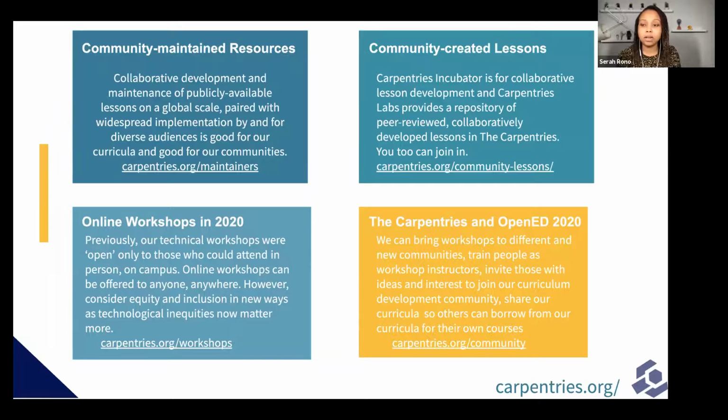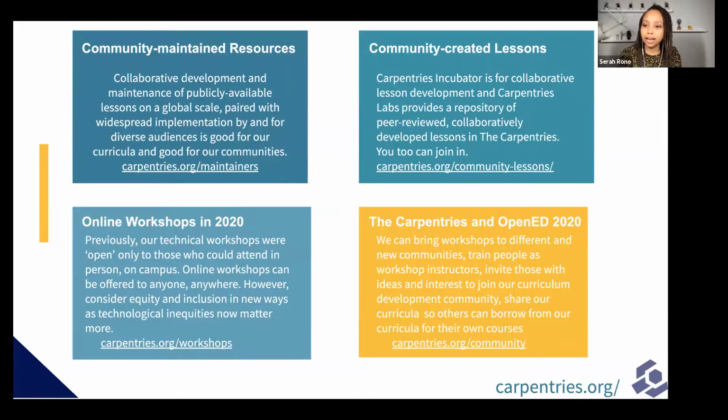So to see what official recommendations the Carpentries has offered, as well as the tips and hacks that our community members have shared with each other, both from attending workshops as learners and from teaching Carpentries workshops as instructors, head over to carpentries.org/workshops, and at the very top you will see links to these tips and hacks, and also the official recommendations that the Carpentries has.